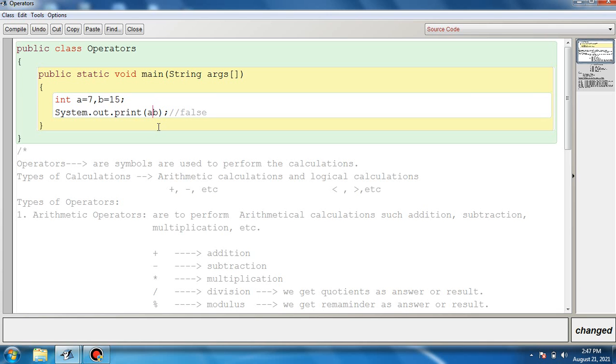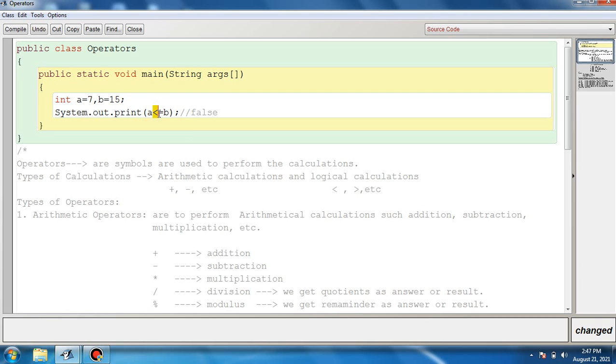Next is greater than or equal to, but first let us discuss less than or equal to. Look at this value: the value stored in A is 7 and the value stored in B is 15. When this output statement executes, it says the value stored in this variable is 7, and 7 is less than or equal to.